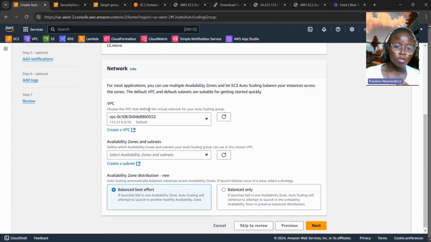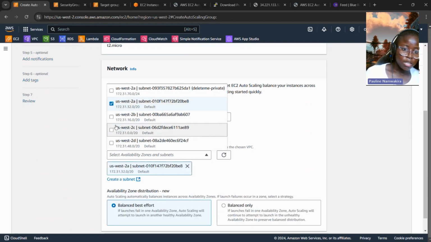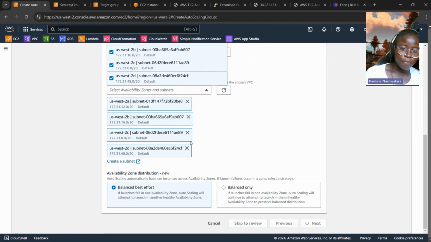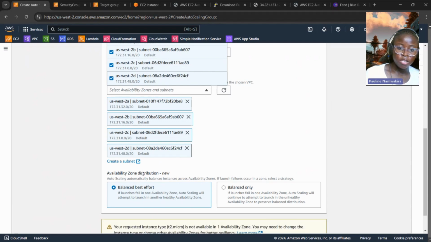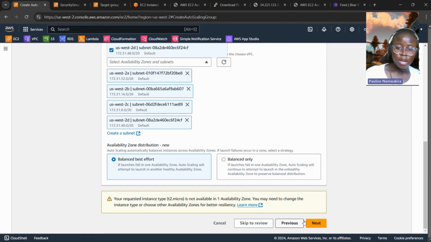The network, so the VPC it will be in, and the subnets that you want your instances to be created in. So I'm going to select all the available subnets, 2A, 2B, 2C, 2D, and just balance, best effort, availability zone distribution. Next,